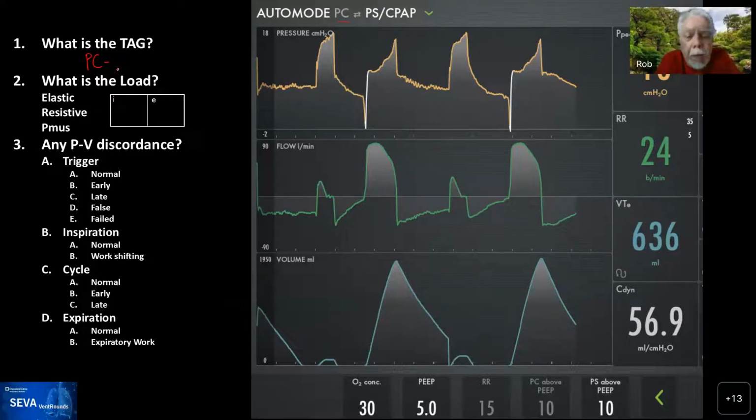Okay, now as for the breath sequence, apparently we have 2 mandatory breaths and 2 spontaneous breaths. So that is by definition a form of IMV. IMV means you can put a spontaneous breath between 2 mandatory breaths. Now,